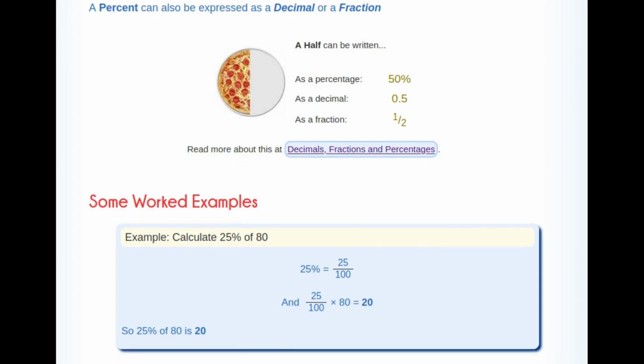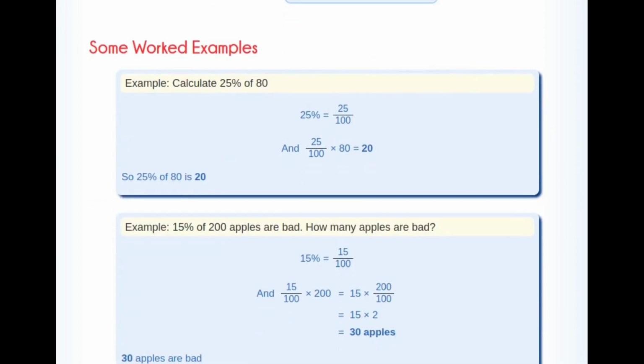Okay, so let's solve some examples on this percentage. First one, calculate 25% of 80. So how to find this 25% of 80? We already saw that whenever we have the percentage sign, we need to write it as 25 by 100. So we need to find 25% of 80. What is "of"? We know that "of" is into. So 25 by 100 into 80. If we simplify this, we get 20, right? So 25% of 80 is 20.